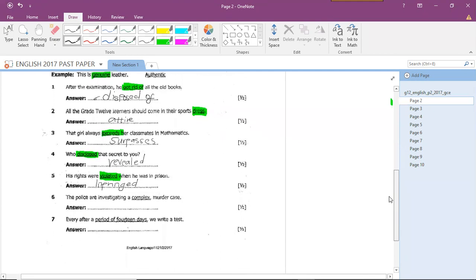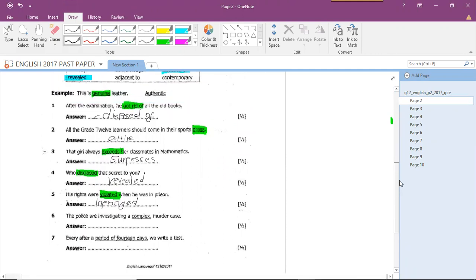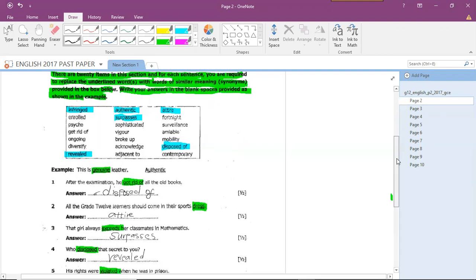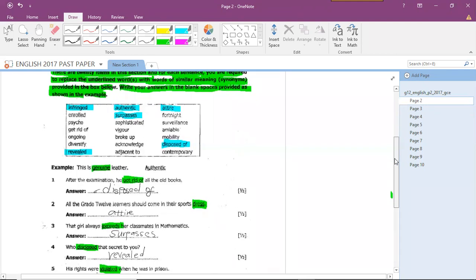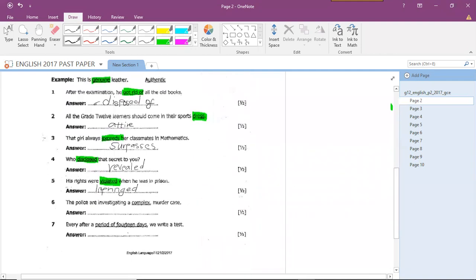So we move on to question 6. As we move on, you have to think a little bit, but the good part is that as you answer these questions, the fewer words you have left. So it will be easy for you to make an educated guess based on logic. So we move on to question 6. It says, the police, no,